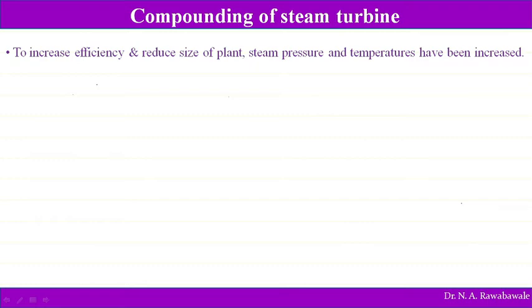In order to increase the efficiency of a turbine, we have increased the steam pressure as well as the steam temperature. So the steam pressure and steam temperatures have been increased to a greater extent. Nowadays steam pressure is increased to about 100 to 140 bar. So now when the steam pressure is increased from 100 to 140 bar, the steam which enters into the turbine, if it is expanded in a single stage,